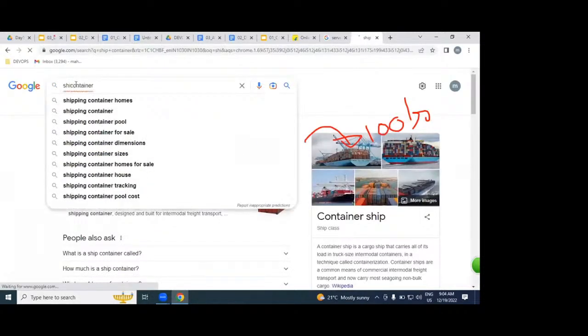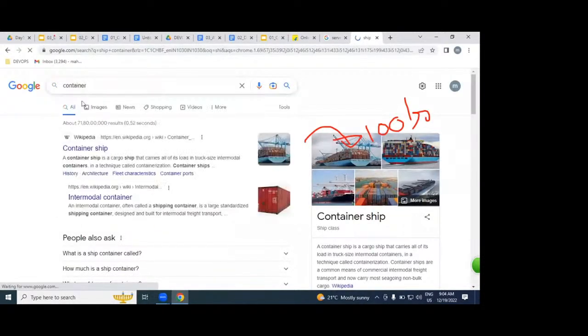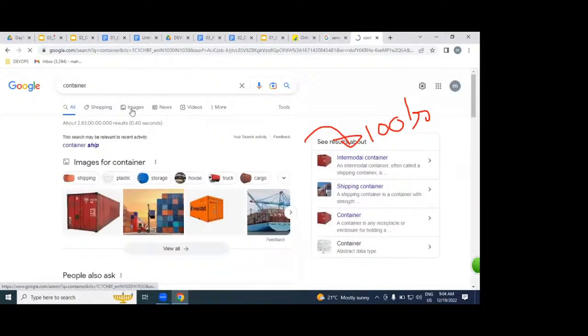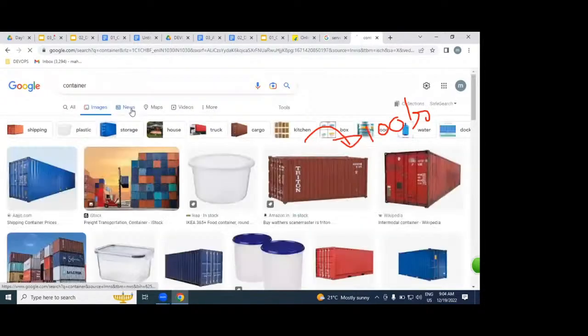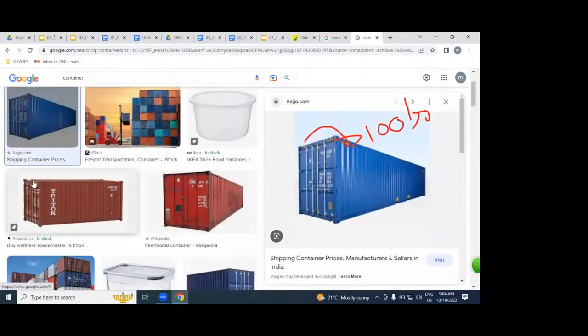So, container. Have you seen a container in your lifetime? Have you seen this container? I think you would have seen this physically somewhere, on roads. You can see this type of container. How exactly does this container work? Docker containers are the same. By using that container, we can transport goods via sea. By using our container, we can deploy applications, meaning websites. That is the only difference. Otherwise it is the same, no difference.